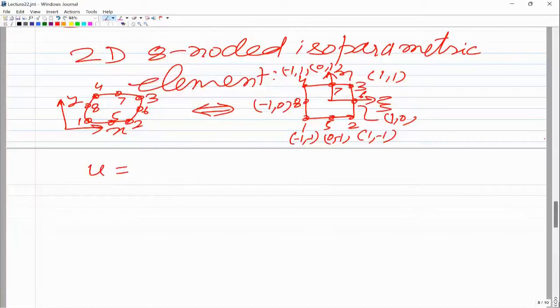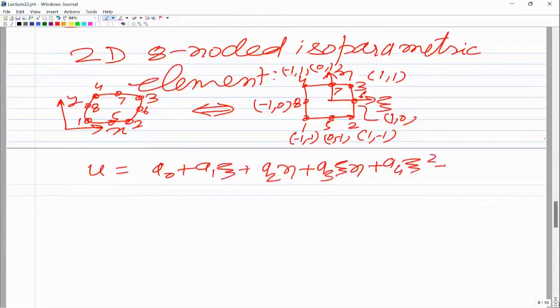So earlier for the 4 noded element we had written a 4-term approximate solution. So now U would be taken as U = A0 + A1 xi + A2 eta + A3 xi eta + A4 xi square + A5 eta square + A6 xi square eta + A7 xi eta square. So now what you would do is you would express these 8 constants A0, A1 up to A7